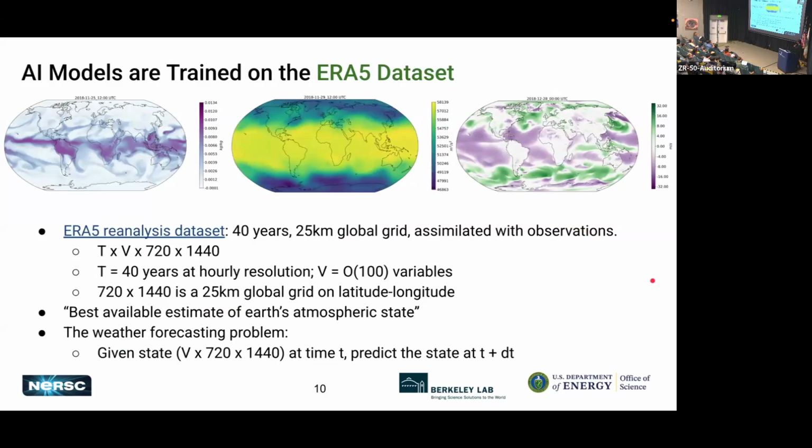All these models are trained on the ERA5 dataset. ERA5 is a public dataset that ECMWF, which is the European Weather Forecasting Center, maintains. It's a very rich dataset. It has 40 years of weather data on a 25-kilometer grid. You can think of that entire dataset as a tensor of size t cross v cross 720 cross 1440, where